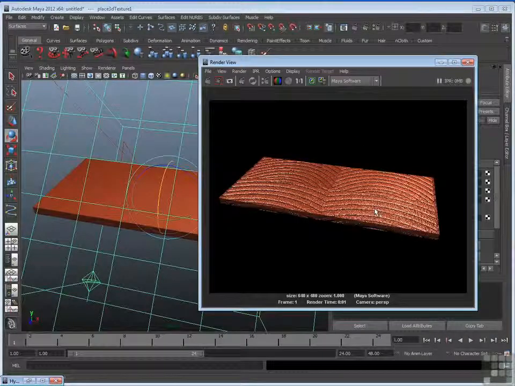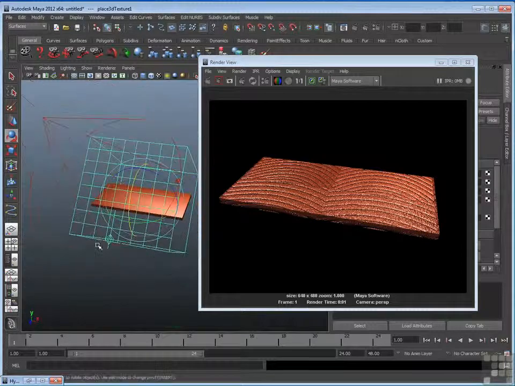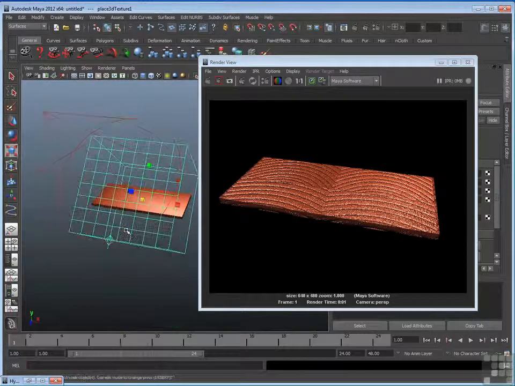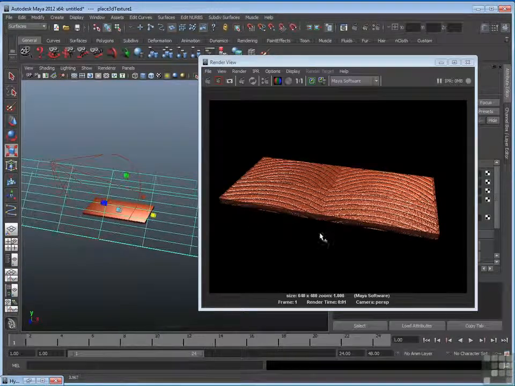So the pattern has indeed got easier to see. It's not so small. However, I'm still seeing each section of rings here. You see kind of 4 little sections there, where I have just one big section on the wood. Now, one trick with the placement box is you can scale it unevenly. I can scale in one direction to stretch the pattern. So I scale it out long this way,